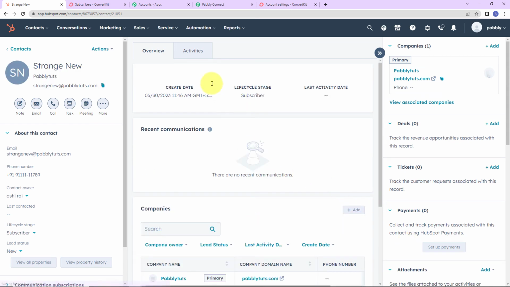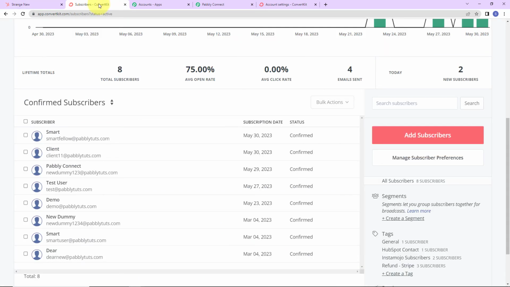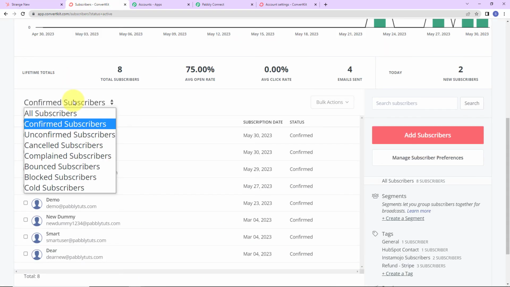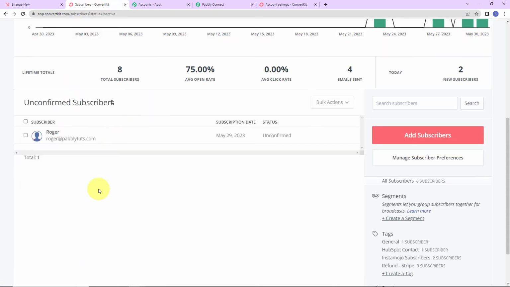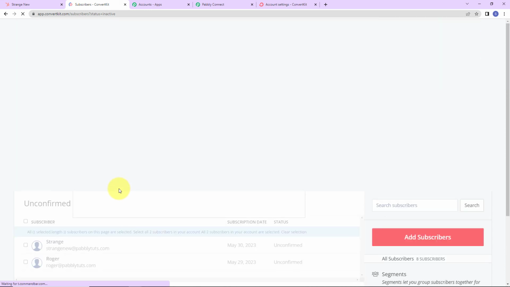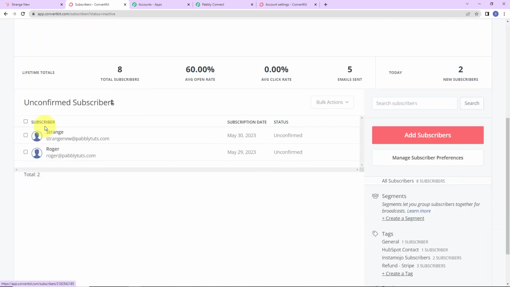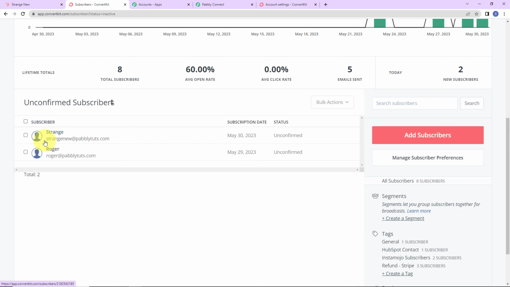Now let's go back to ConvertKit to see if we have received this person in the unconfirmed subscribers. So here we can see that we haven't received the user yet. Why? Because there's a polling time of 10 minutes. So let's wait for 10 minutes and then we are going to check the same. So it's been some time. Now I'm going to refresh this page. And here we can see that yes, within unconfirmed subscribers, we have received